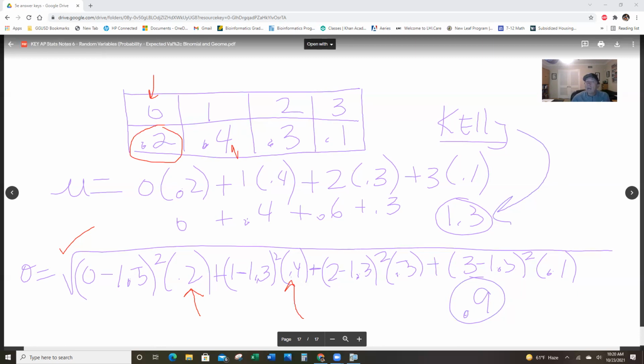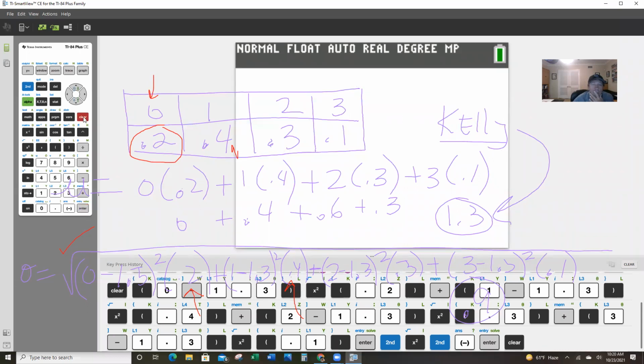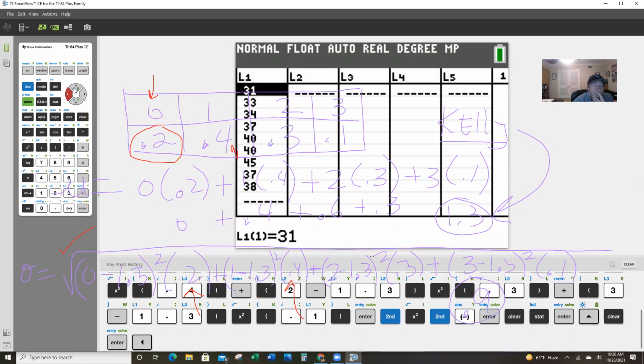So let me show you another cool way of doing this. Okay, so let me bring up the calculator, and this is only really practical when you're dealing with tenths. If you're dealing with hundredths, it's going to be a hassle, but tenths is kind of cool. So I'm going to go stat edit, and I'm going to get a list here. So let me clear these lists. You can see the overlay there. Okay, so let me go ahead and type the distribution in a mythical amount.